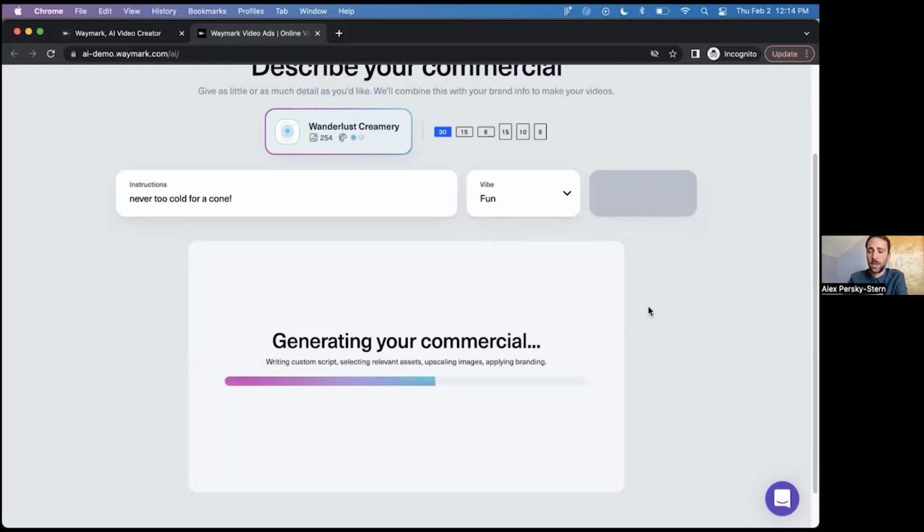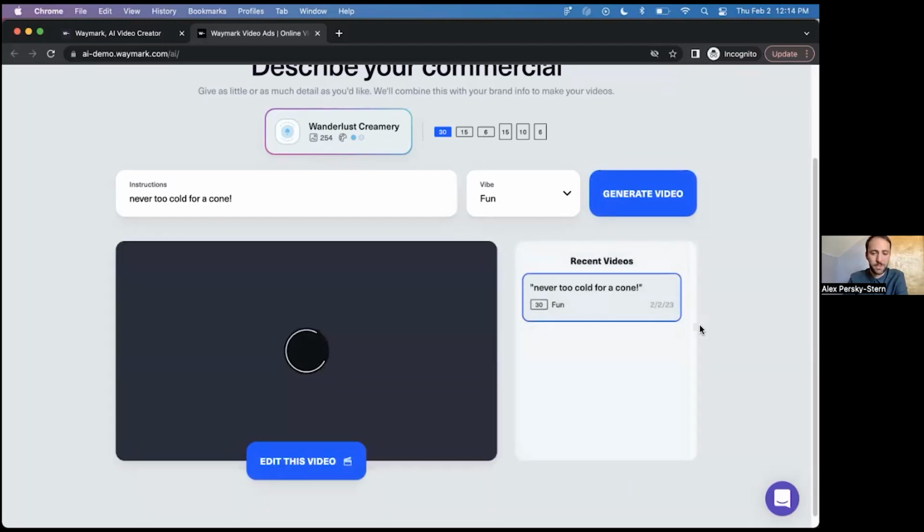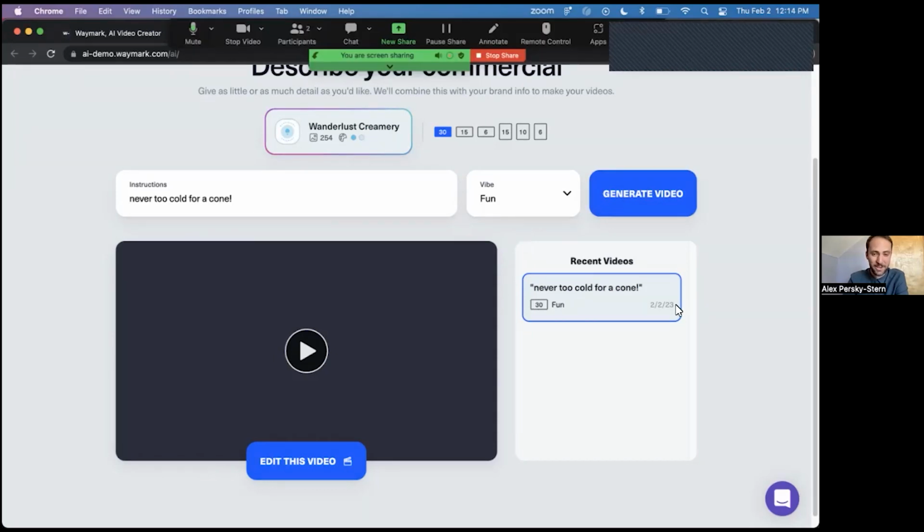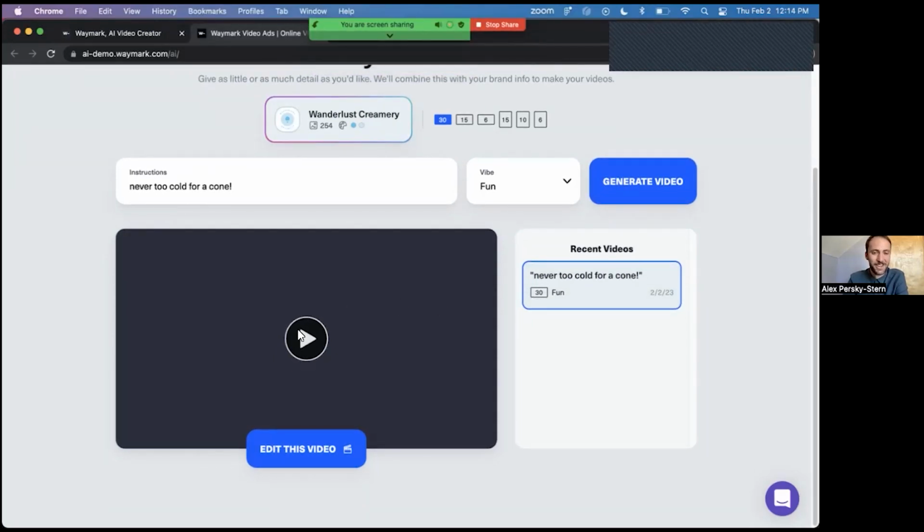And then also writing a voiceover script that should match the text script, and applying a synthetic voice so that you have a full 30-second commercial that you can watch. So this is different every time. If you've played with any of these AI models, you know it is legitimately unique each time. So I honestly have no idea what this is going to be about. Why don't we press play?